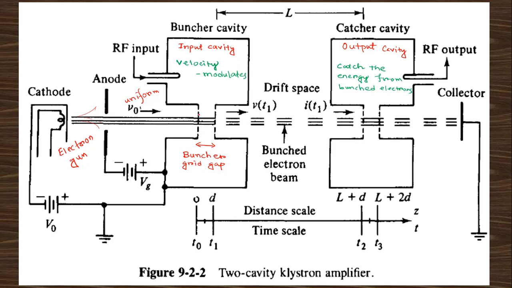When the beam enters at that end, here we apply RF power. This is cavity 1, this is cavity 2, that's why this is called a two cavity klystron. So when an electron comes here, it is affected by this RF power. The electron may arrive at the peak, at zero, or in the opposite direction, any type. So the electric field will be this type or that type, any type.